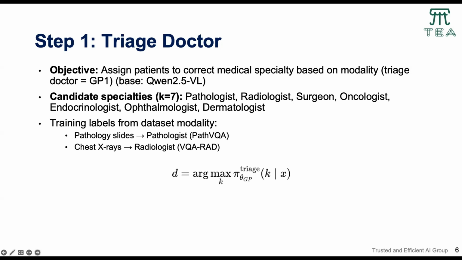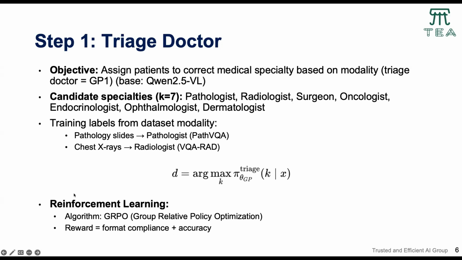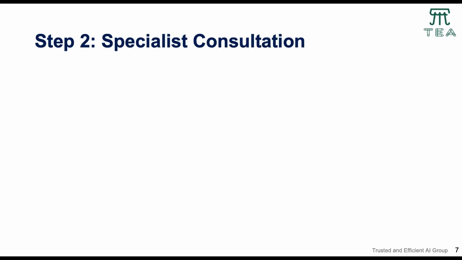And this is the policy of this agent. It wants to get the best specialist based on the incoming patient or the question. They use reinforcement learning, specifically GRPO, to optimize the model. They also use rewards, including the format reward and accuracy reward, the same as DeepSeek, to optimize this agent. After they get better